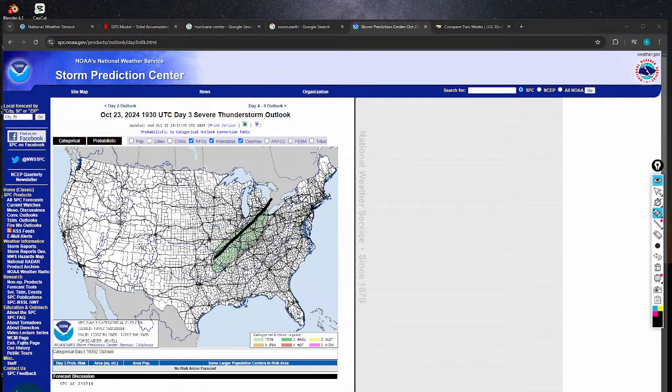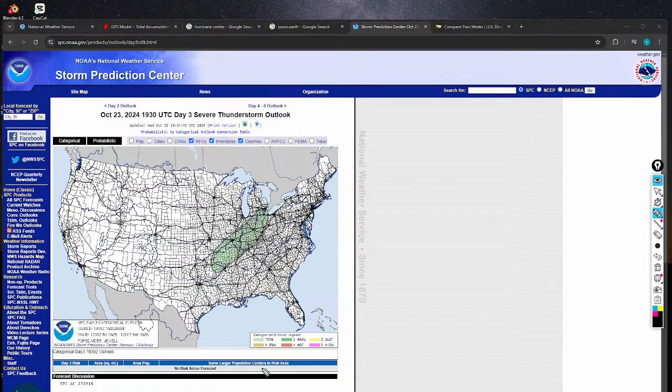So it does stretch. So that's a line of thunderstorms, but nothing severe. There might be a little bit of hail and maybe a 1% chance of a tornado in this area. There's a 1% chance of a tornado in the area that I'm circling right now. And there's probably like a 4% chance of hail.